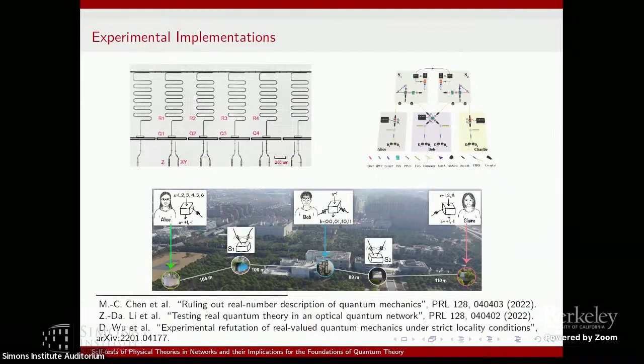And then there are 2 more. These are from different papers, and they're with optical experiments. So in this case, the sources are really independent, and this part works. There are some detection loopholes open though. So with different loopholes open, things have been done, but not in a loophole-free way as we have with the Bell test. And so somehow, this has been partially refuted, that we cannot have a quantum theory over real Hilbert spaces.